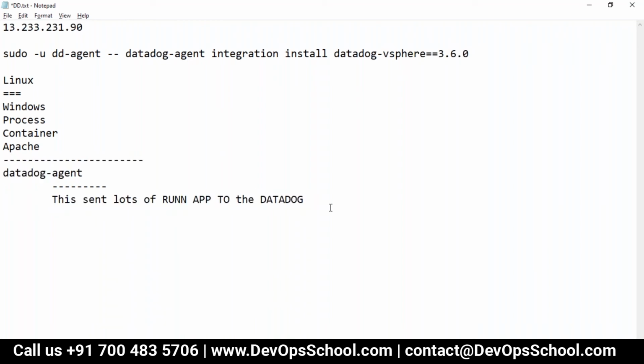Now Datadog advises you, okay, we have detected those applications.